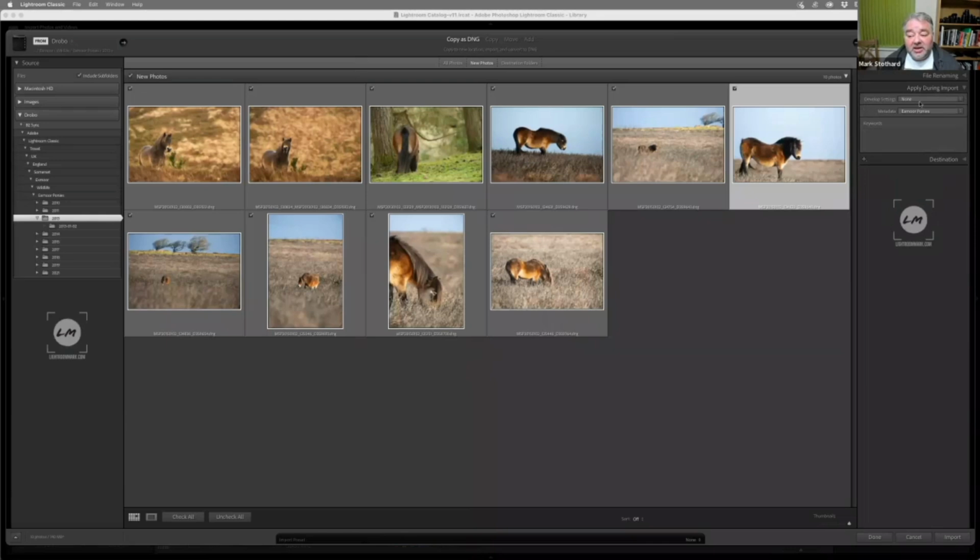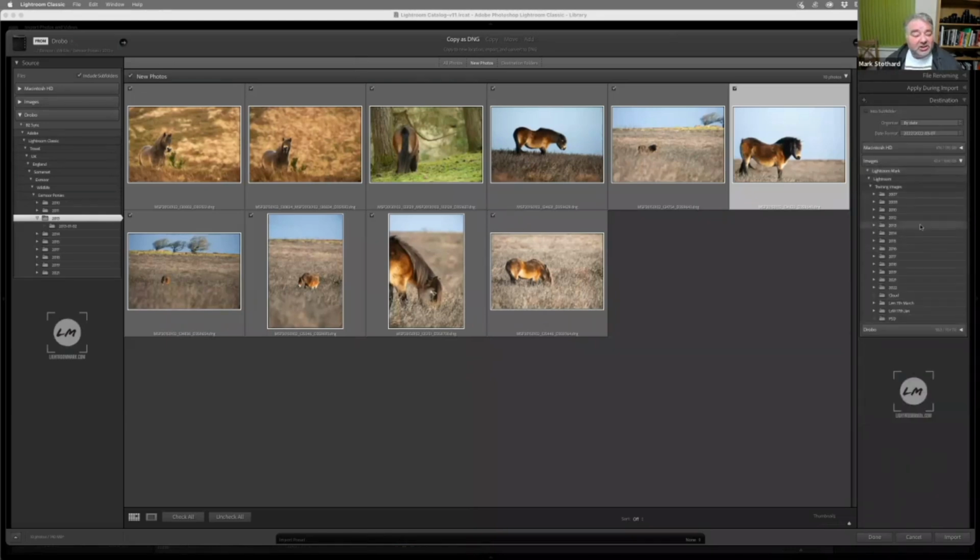So keywording, and then you have the location where you want it to go. So this is going to go into March 7th there. And this is the folder within the drive. So I'm going to copy them to, actually I'm going to move them on this occasion. I'm going to move them into this location. Now,